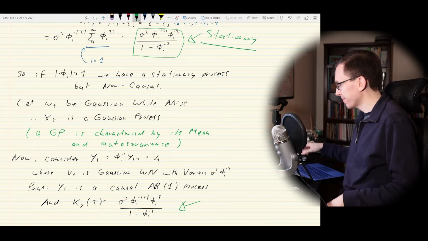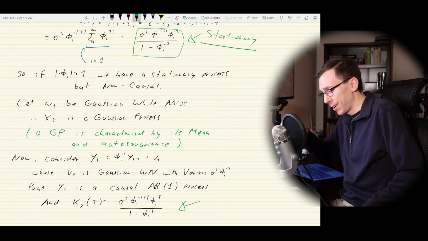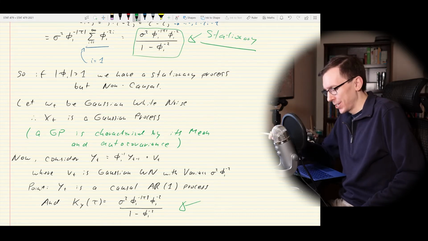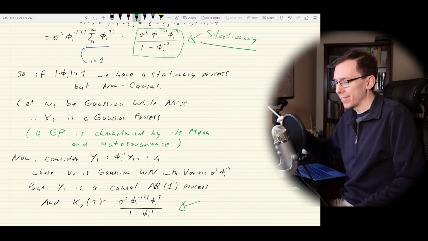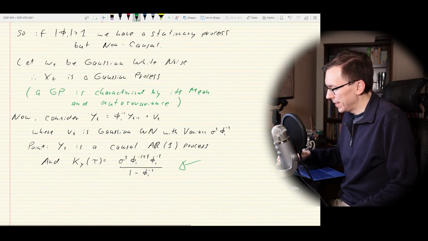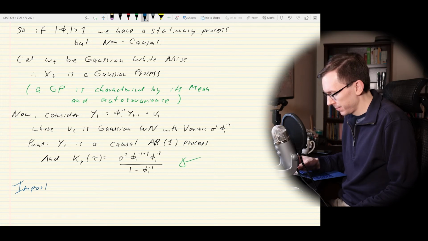All right, so that's a little weird, right? Because what we're basically saying is even if we have a non-causal process, there is an equivalent causal version of that process, at least in the case that the white noise is Gaussian. If the white noise isn't Gaussian, we don't have this nice equivalence. But there's something important here